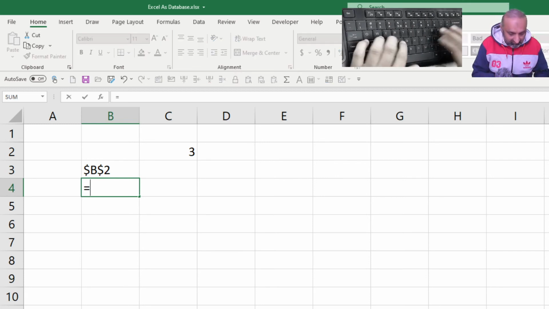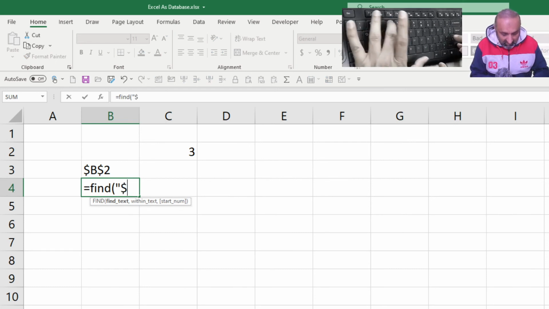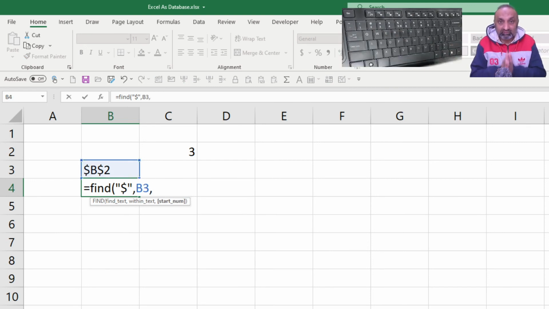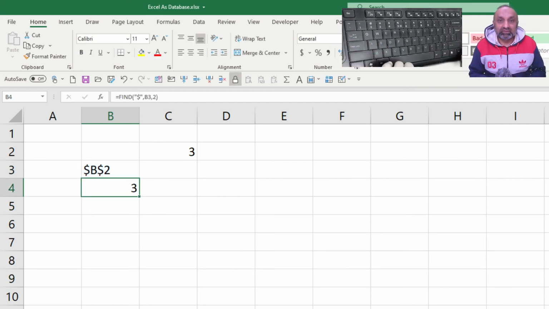I want to know the second. So find dollar sign within this text, and starting from, not from the left, because I know the left character is a dollar sign, but from the second. Okay, so I will get the answer 3. So the first dollar sign is at 1, I know, and the second one is at 3.